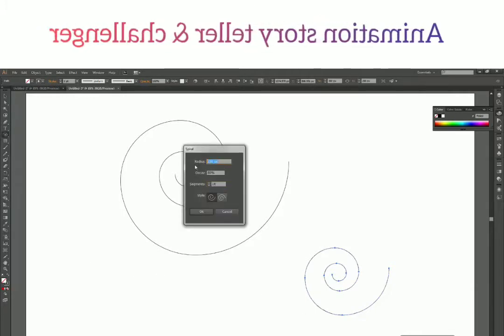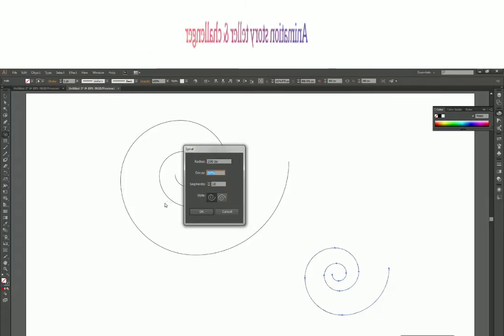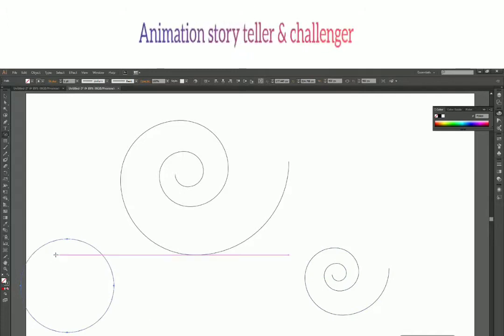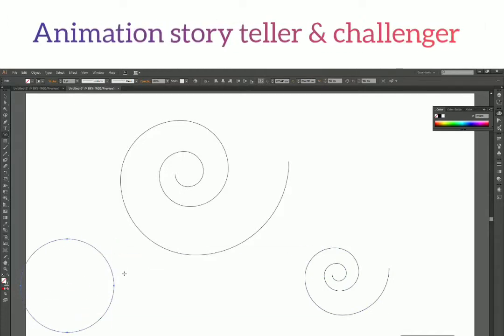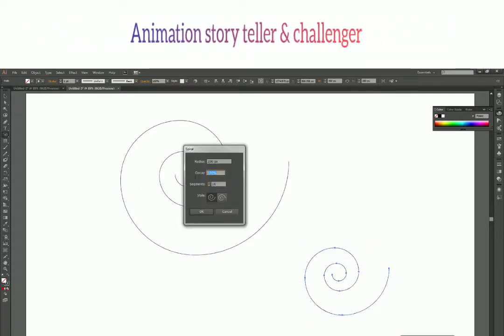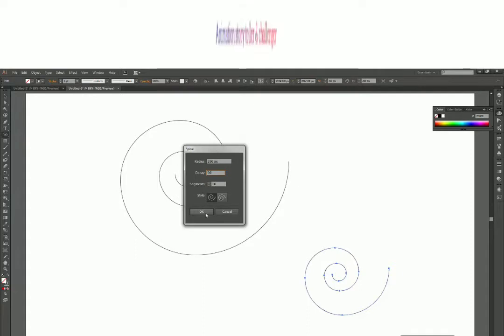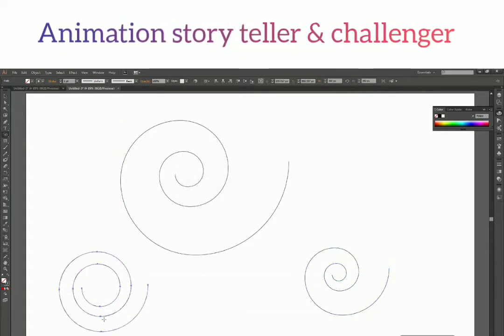But this time instead of changing the radius, we'll change the decay. So decay is 80% right now. Let's make it 100%. And you can see we have a perfect circle over here. So I think we have to take a value somewhere between 80 to 100. It should be 90. Okay. So yeah, you can see how this thing is working now.